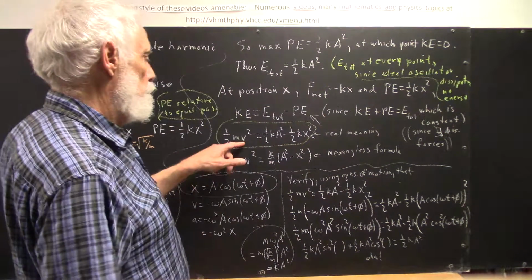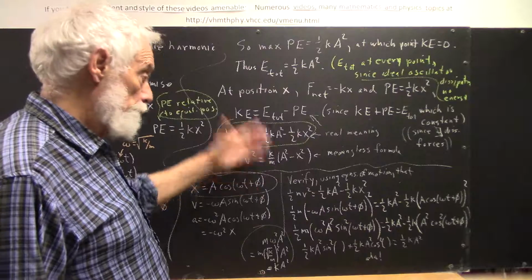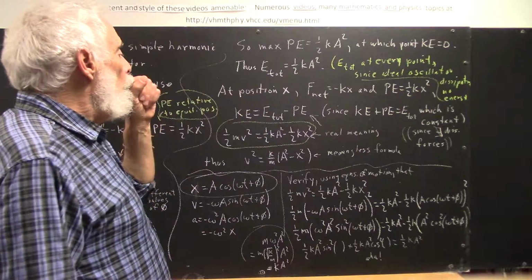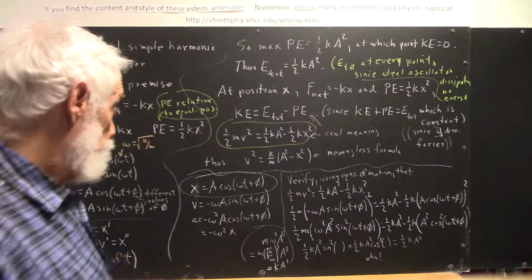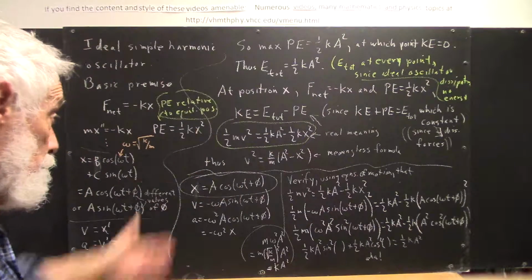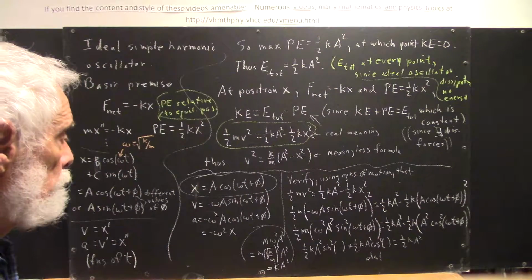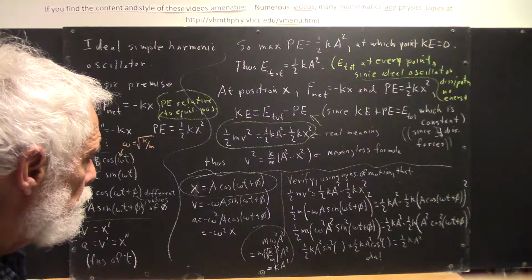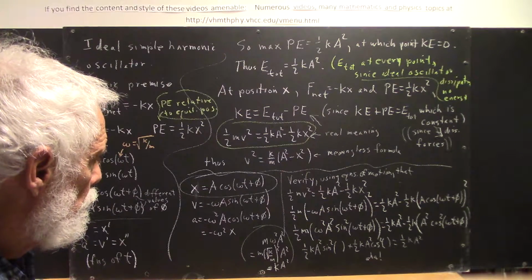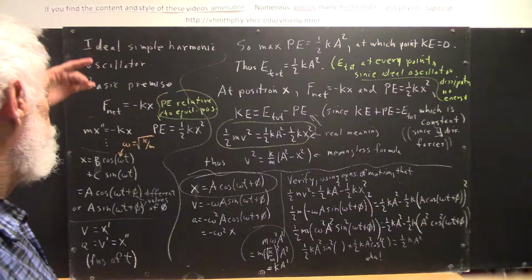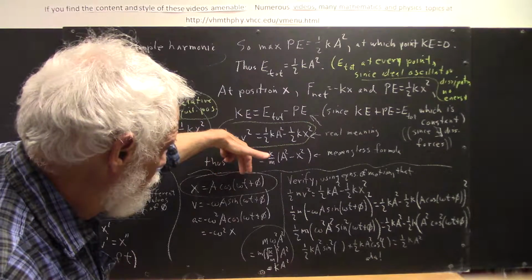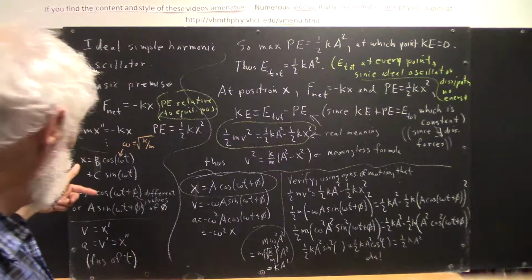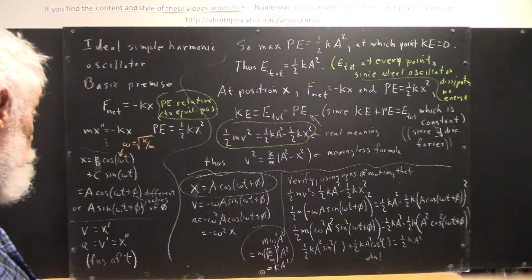Okay, now I'm going to verify this formula, not this one. We could verify either because there's a very close connection here. Just divide through by m. Taking the form x equals a cosine omega t plus phi, one of the three forms of the position function,